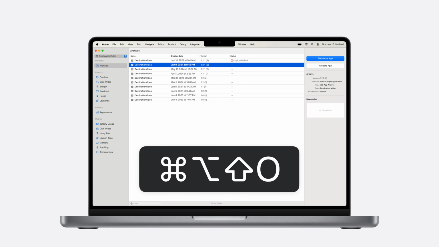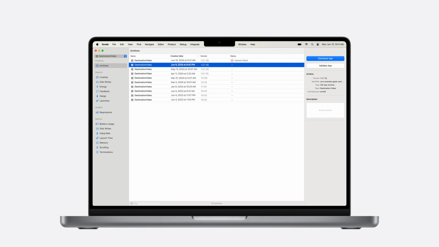Now that our build has been submitted to TestFlight and testers are running the latest beta version, and I have users on the latest release version, let's dive deeper into the Xcode organizer. This organizer, Command-Option-Shift-O, is where we'll get access to a wealth of analytics in a way that preserves the user's privacy, built right into Xcode. Only users who consent to sharing feedback and diagnostics with third-party developers like you will be reported here, but you can generally expect that they are a representative sample of your users.